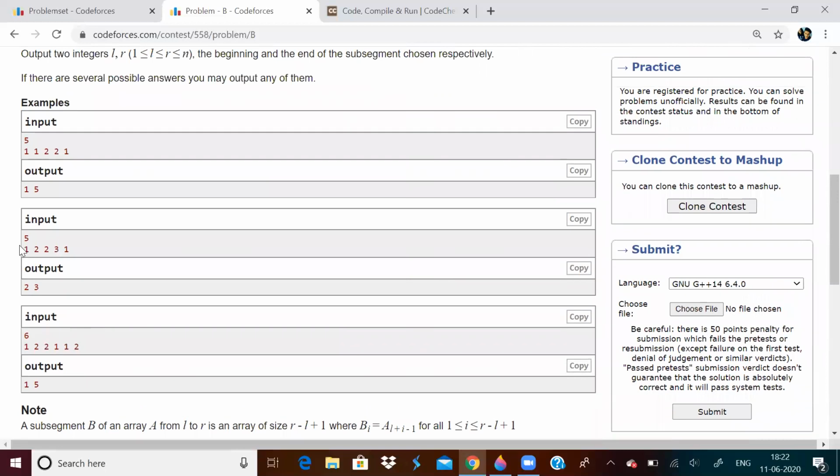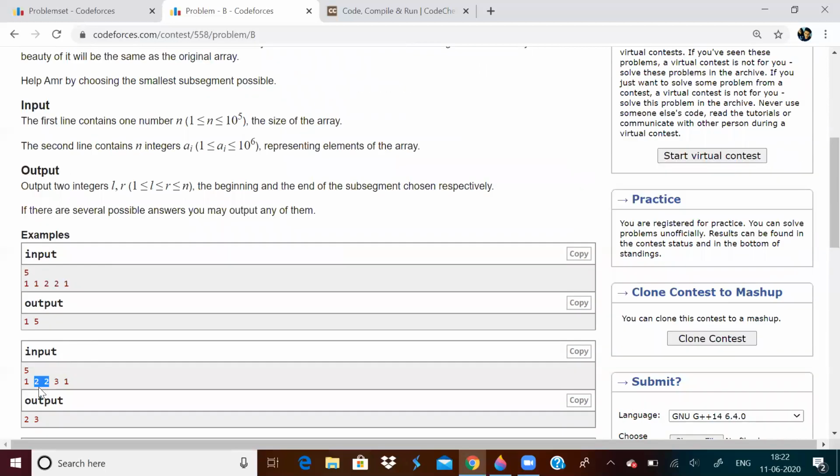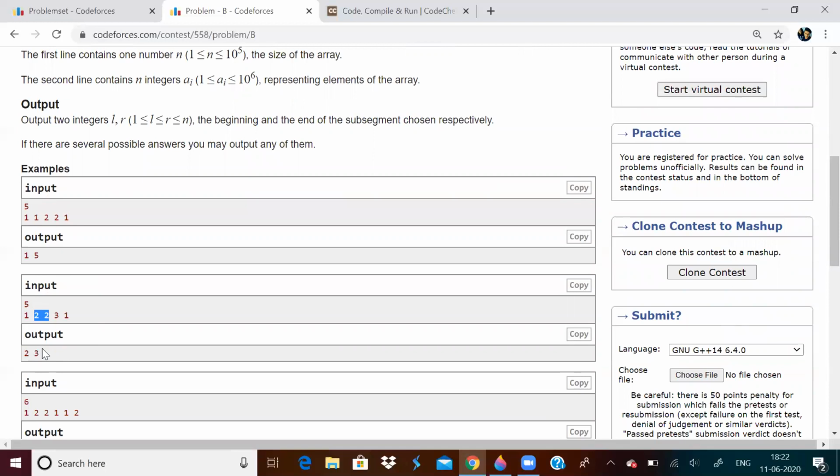Let us consider this array 1 2 2 3 1. 1 occurs 2 times, 2 occurs 2 times. But if we look at it, there are 2 consecutive 2's. So the smallest subsegment is this only, 2 2.